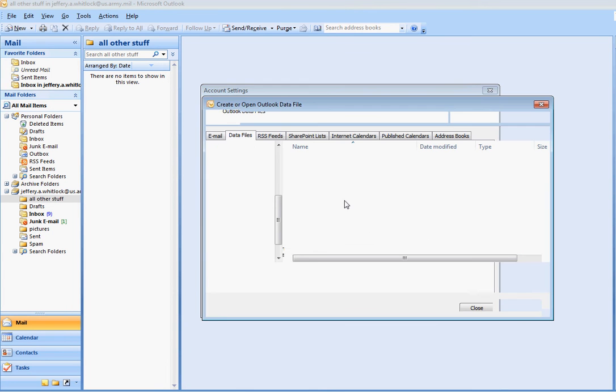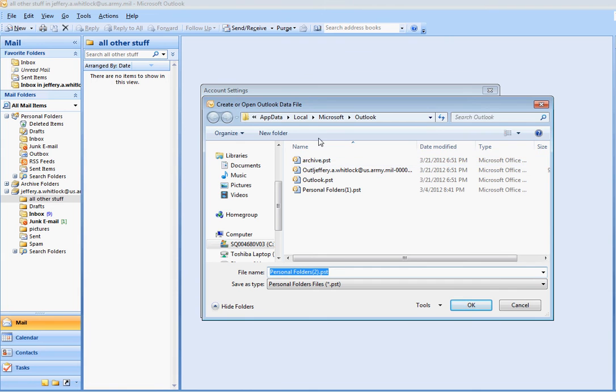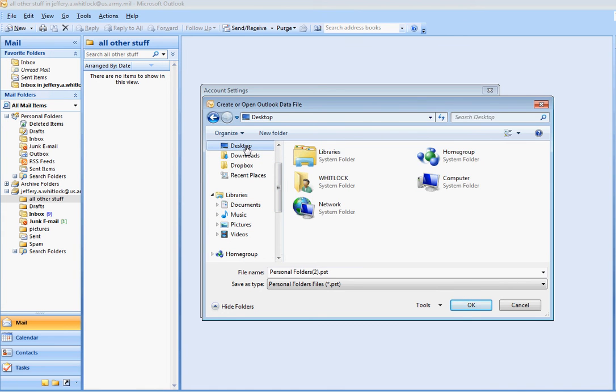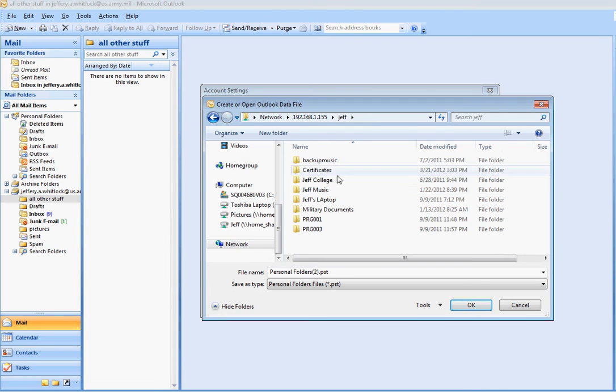The Save Location box will then open up. By default, it opens up where they are all saved. You can choose where you want to save your PST. You can either have it in your documents, your desktop, or a network location. We're going to go ahead and save this in a network location, and we're going to create a new folder